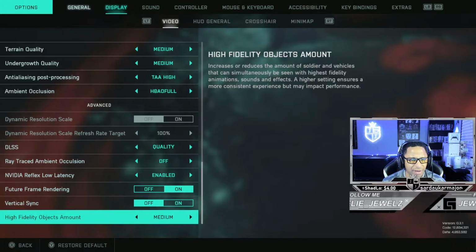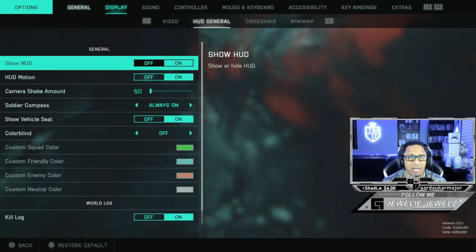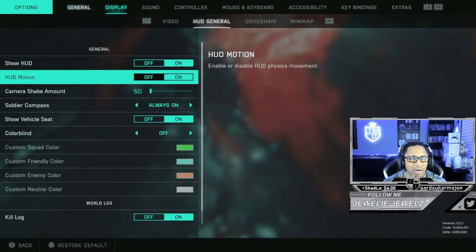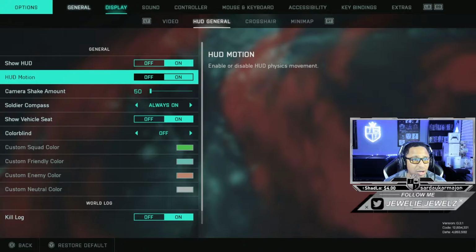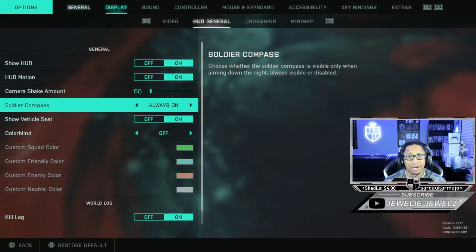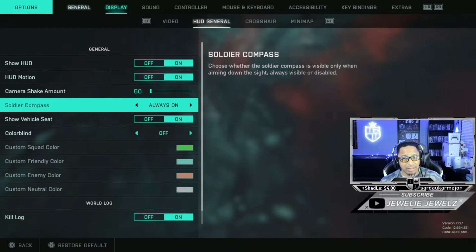Vertical sync off. High fidelity objects amount medium. Let's go over to the HUD. Show HUD, I have these on. Camera shake amount, like I said, 50, which is the lowest that it can go. Soldier compass on for me because I like to see and call out enemies based on east, west, north, and